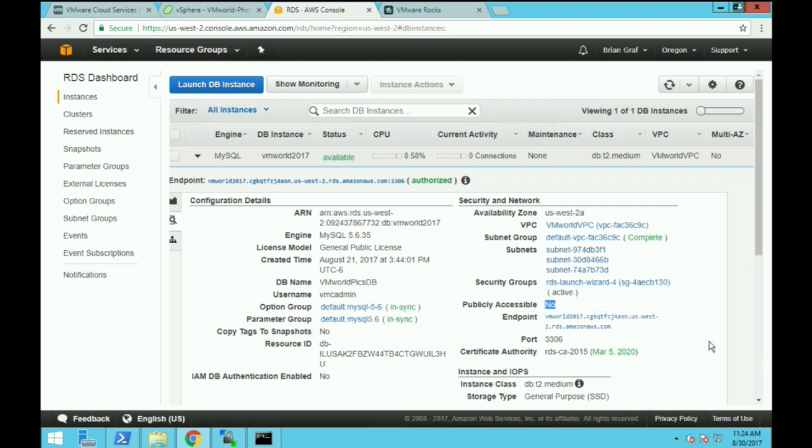This publicly accessible setting says no. I cannot hit this from on-prem. I cannot hit this from another VPC within Amazon. However, because of the way VMware Cloud on AWS is set up, and the way that I have my security group,